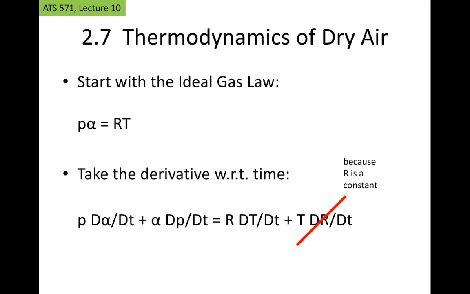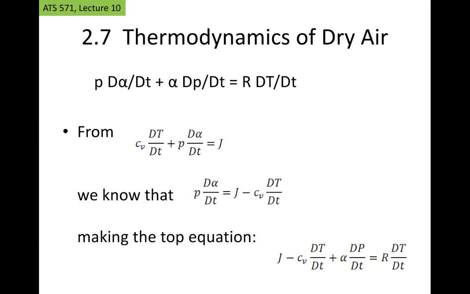It's a constant, so there is no change in r with respect to t. So we can simplify this a little bit and get rid of that term over there, and we've got this stuff left. Now, if we take that term and think back to what we did when we were deriving a form of the first law of thermodynamics,